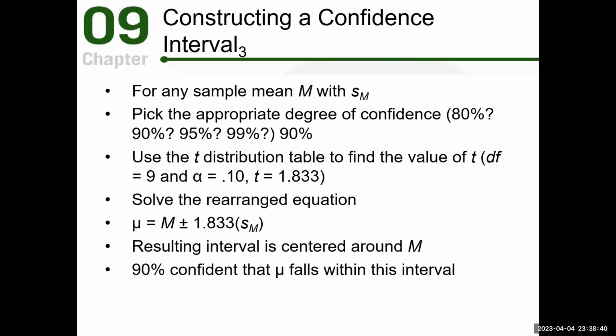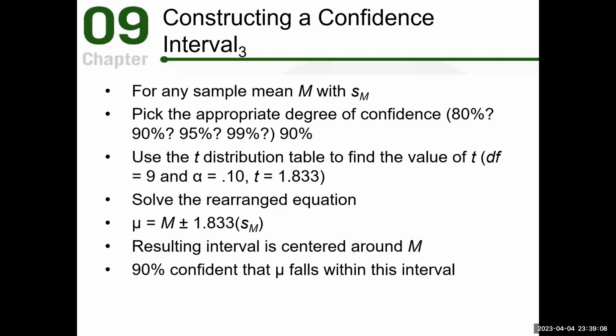So if we're using a 90% confidence interval, so we pick 90% as a confidence interval, and I know my degree of freedom is 9, I go to 10%, two-tailed. I find a two-tailed test for the 10%. I go down to 9 degrees of freedom, and your t-statistic,